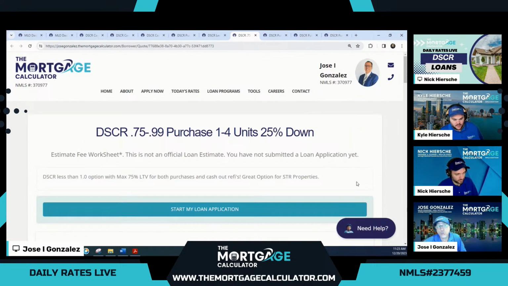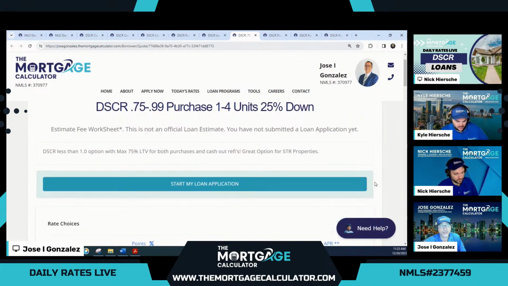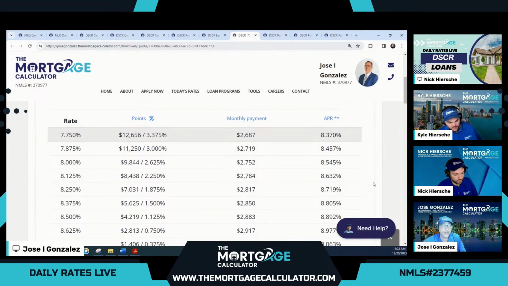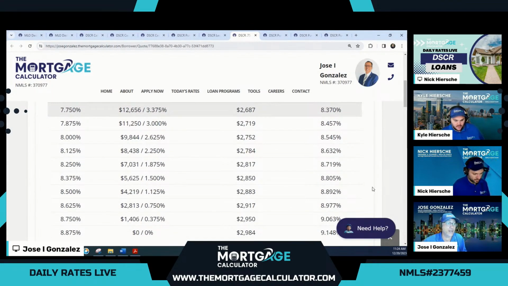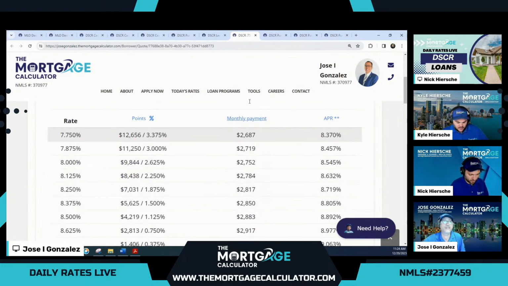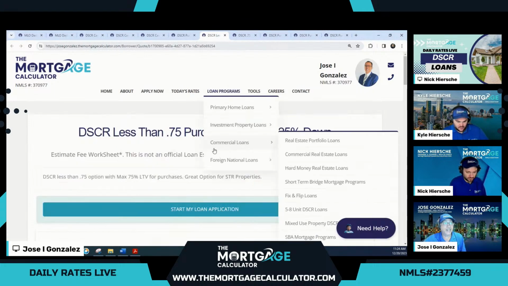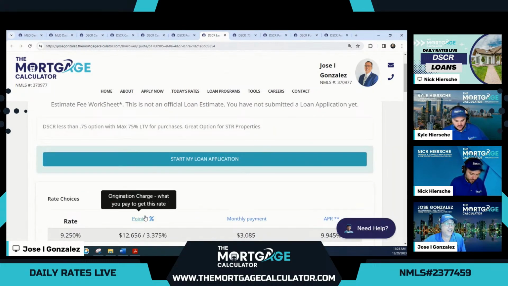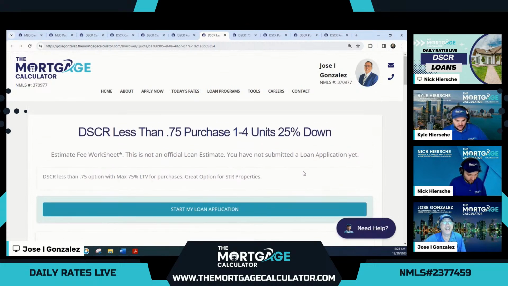We can still do 25% down with this no ratio option of 0.75, and these are very good rates. 8.875 is at par, and you can buy that down to 7.75% for our less than 1 no ratio option of 0.75 to 0.99. And great news for all of you out there. I uncovered this nice little nugget here. Our DSCR less than 0.75. Now, this is technically a property that could be zero, even though zero would be pretty extreme, right? To get no rental income from property.